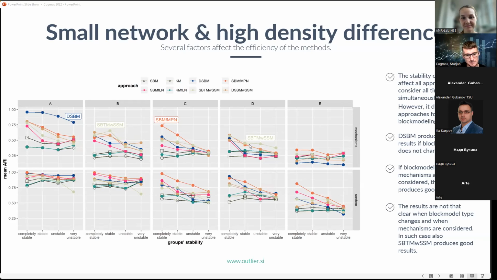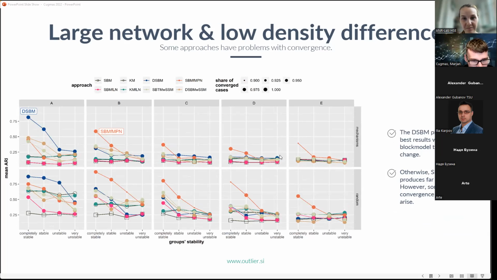But usually when you analyze empirical data, you do not know, as you said, how stable the partition is and the block model type and so on. But in most cases, this and this are the best. So the risk is lower when you use this one or this one. And now you can see that the ARI value of this blue and this orange is very similar when you have a very unstable case, in almost all cases. So my idea was, when you don't know how stable it is, do this and this, and if the results are similar, then it doesn't matter which one you use. Otherwise, use